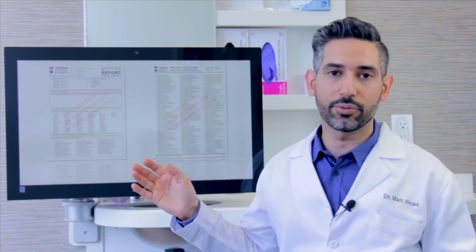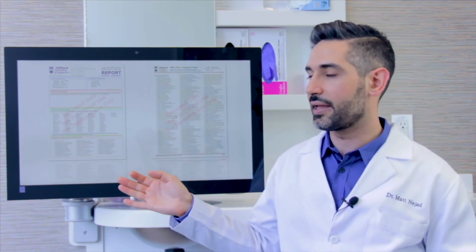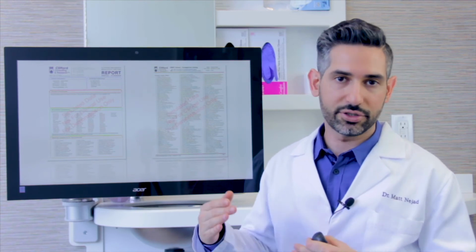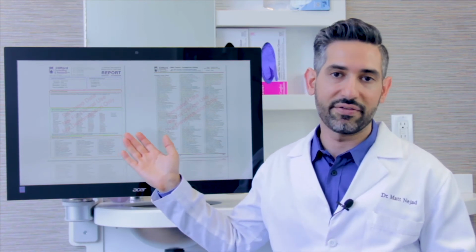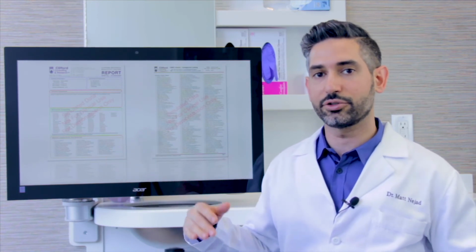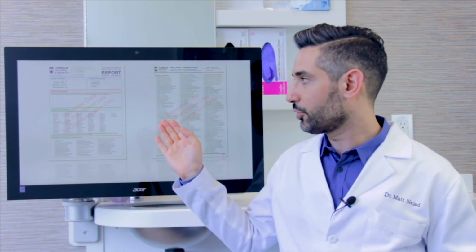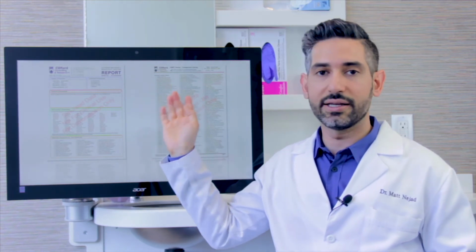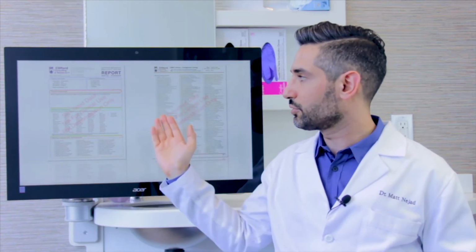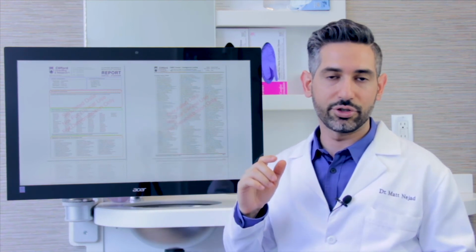This is the typical result of the test. You get a PDF document that includes a summary of which groups have high reactivity for you and which ones are lower, and then it also shows you on a material basis, where every one of these is an individual material, and it goes through this list and says suitable or not suitable. So your dentist is able to say, I want to use these materials, are they suitable? If they're not, can I find an alternative?